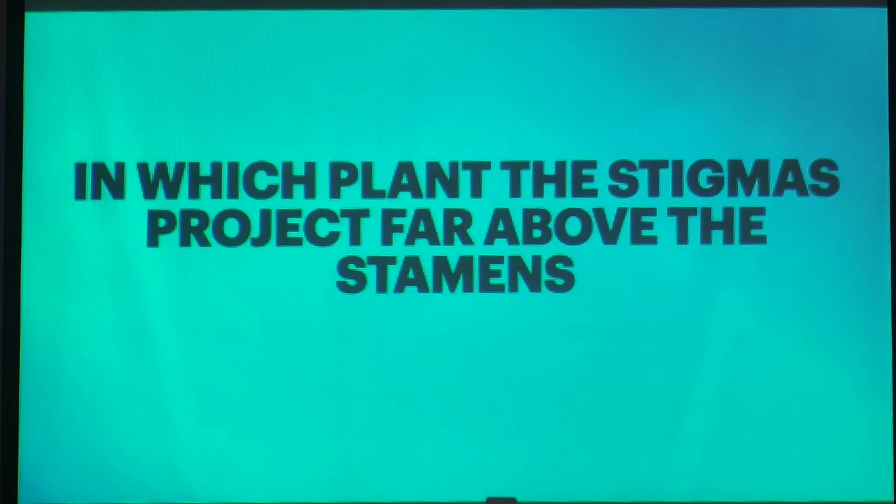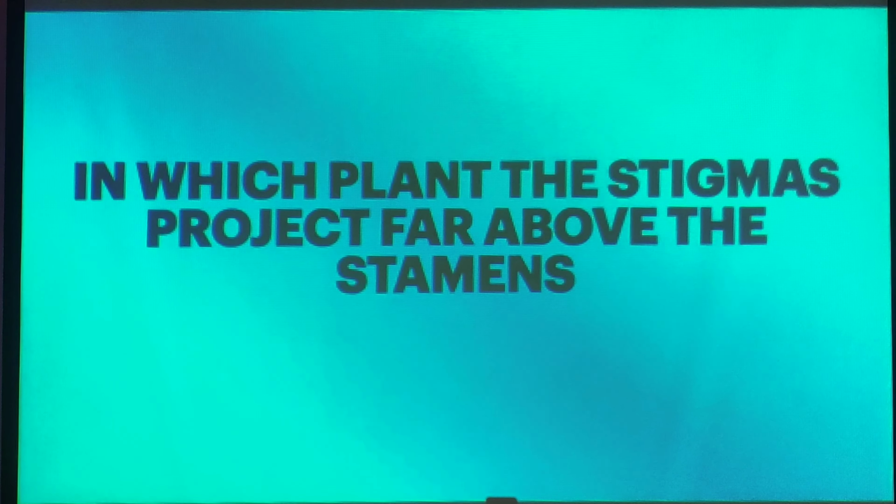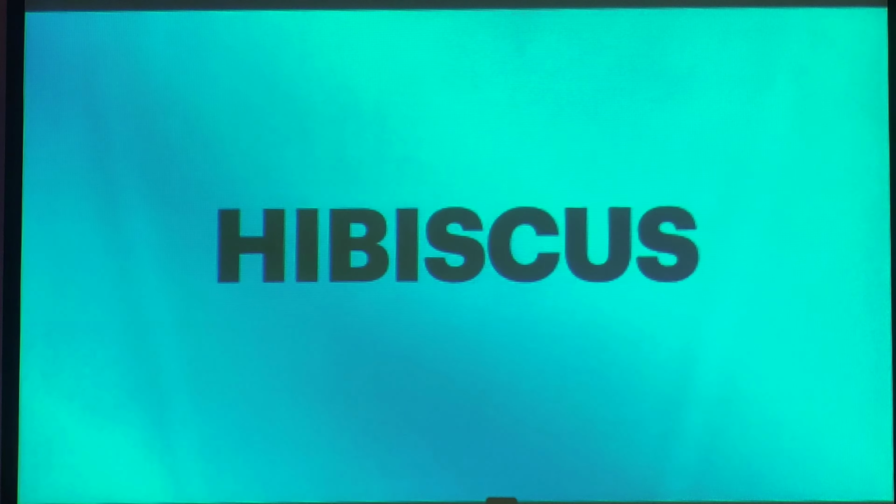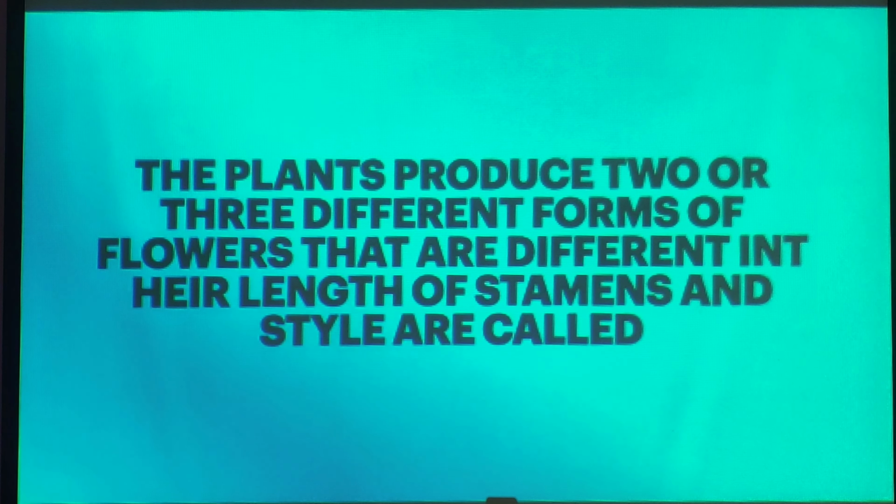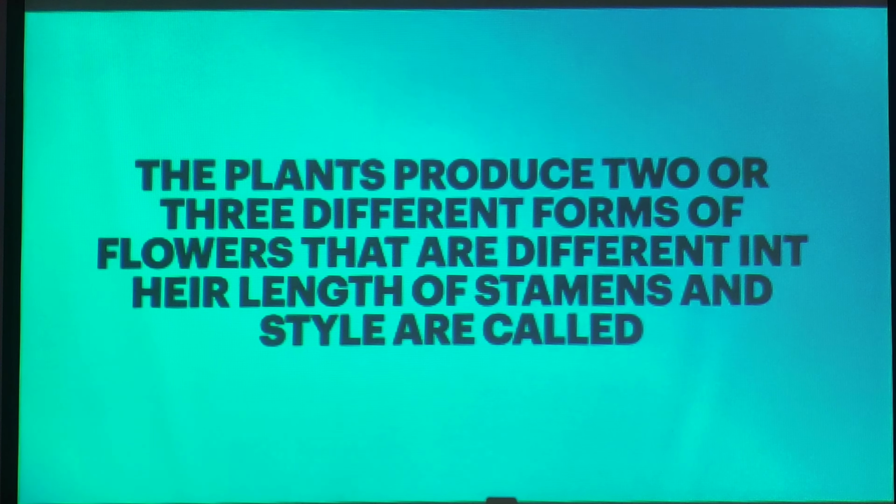In which plant the stigmas project far above the stamens? Hibiscus. The plants produce 2 or 3 different forms of flowers that are different in their length of stamens and style are called